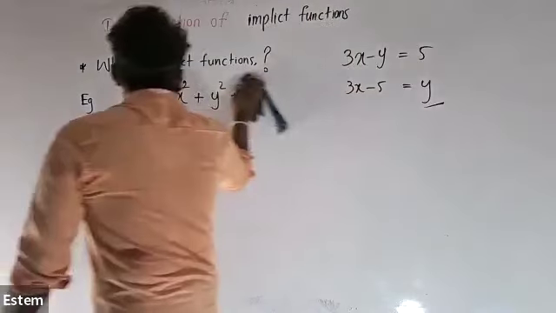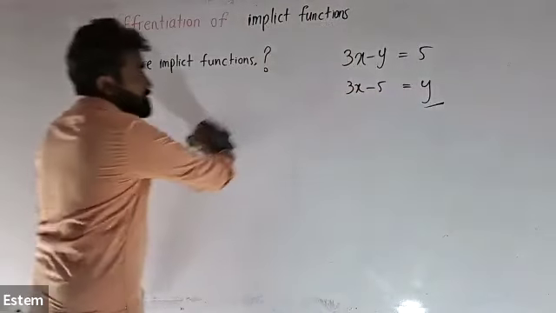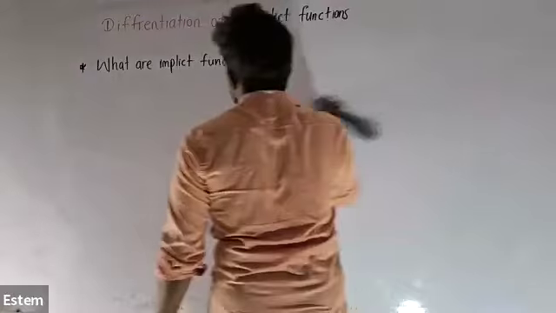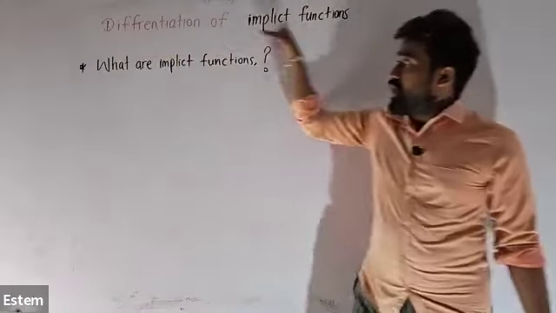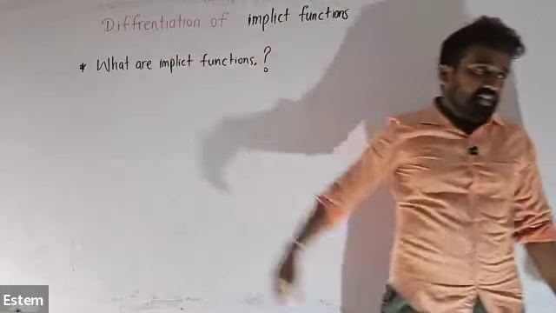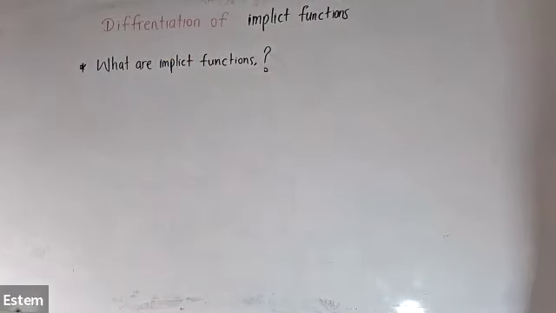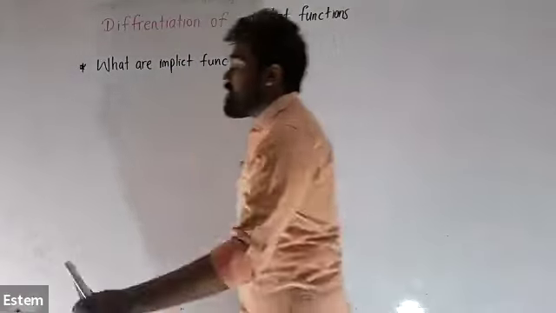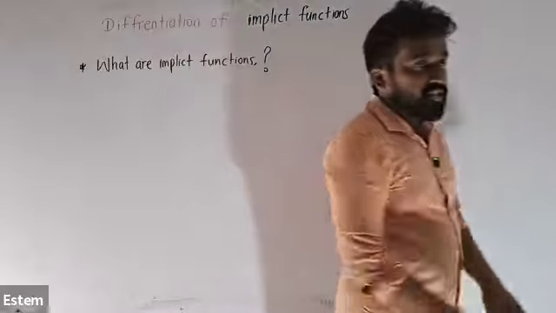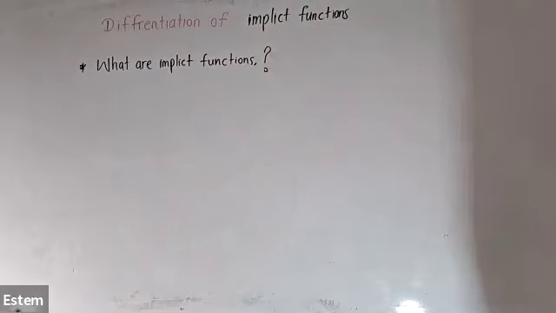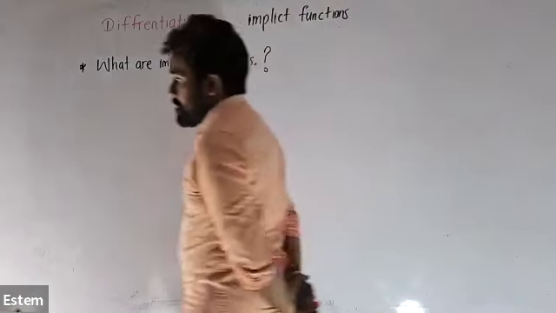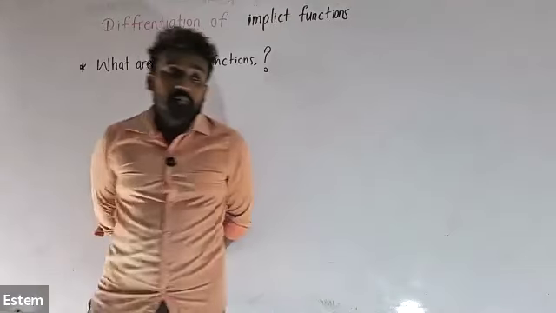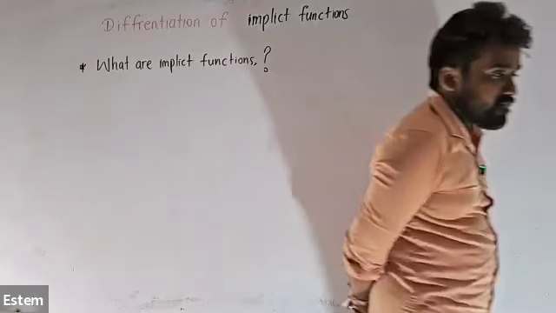So don't write these things. We should write the examples, but don't write anything else. Write the answer here: An implicit function is a function defined by an equation